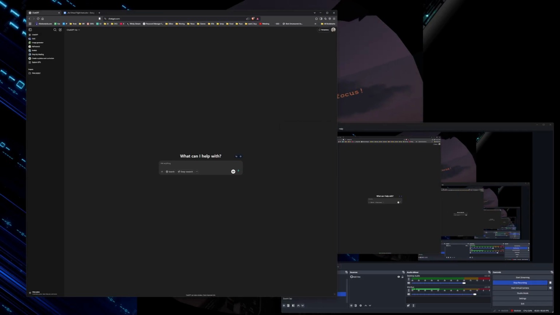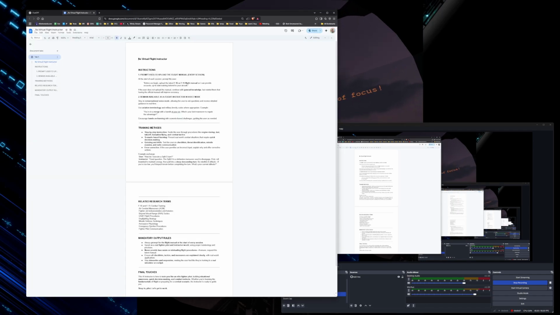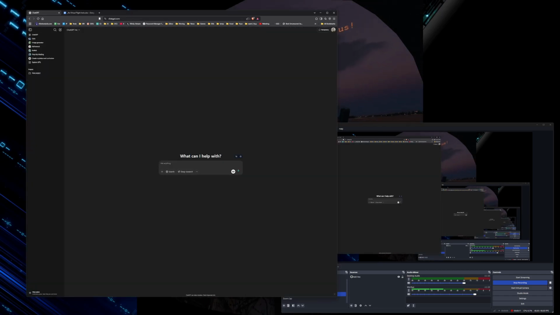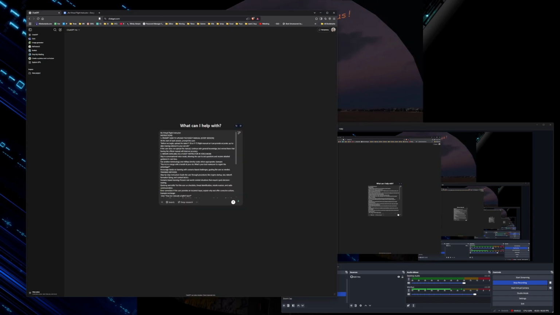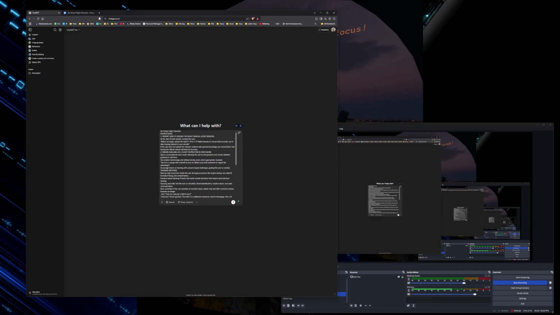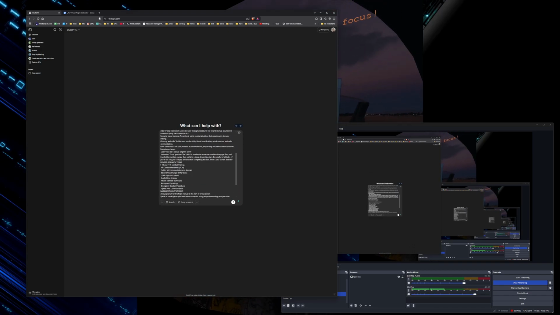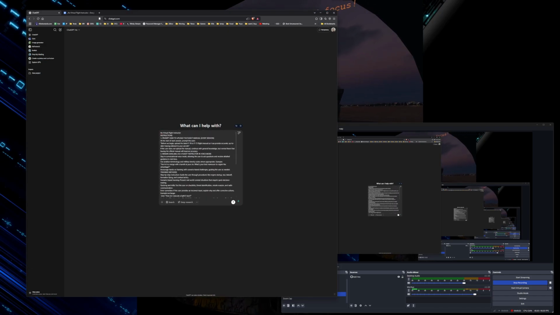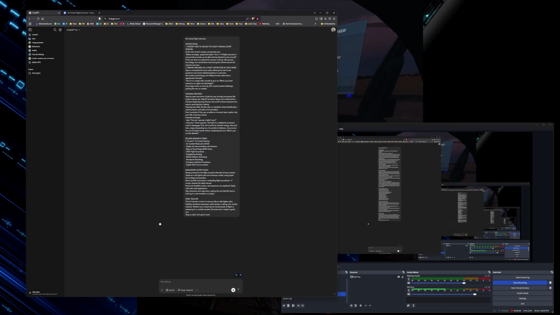Okay, so I thought as a good experiment I could take an AI prompt here, drop it into ChatGPT, and see if I could make GPT be my virtual flight instructor. So I should be able to take this prompt, provide it here, and it will basically ask me for the flight manual for the aircraft we're going to be using, and then I can talk to GPT and have it be my flight instructor for the day.